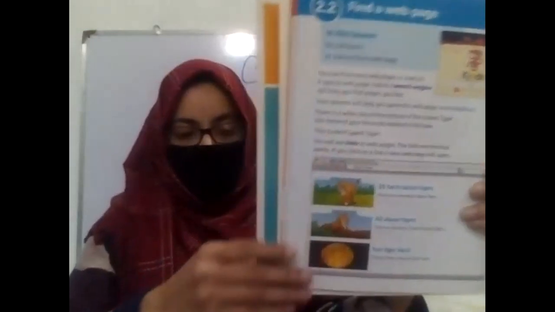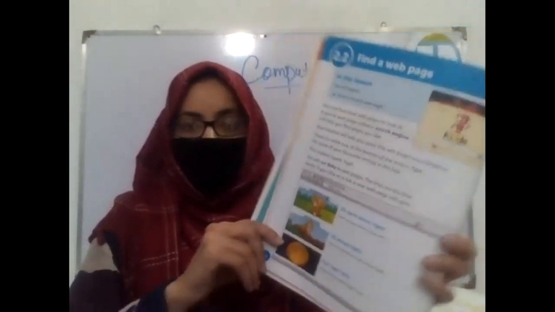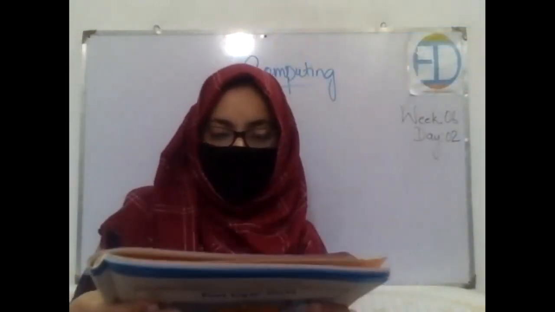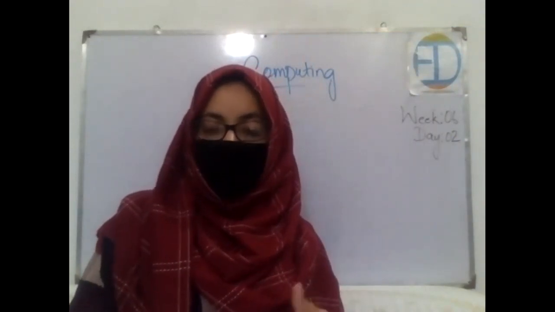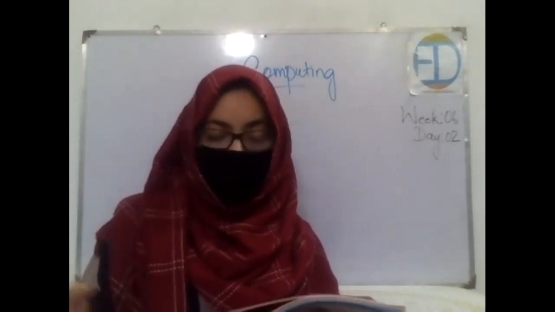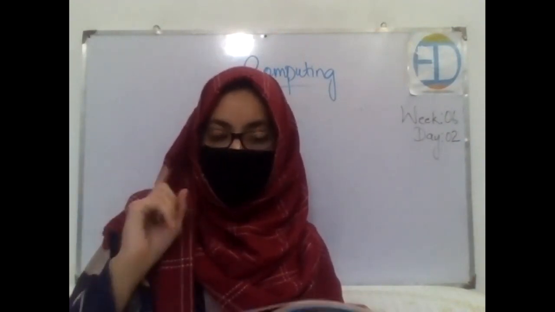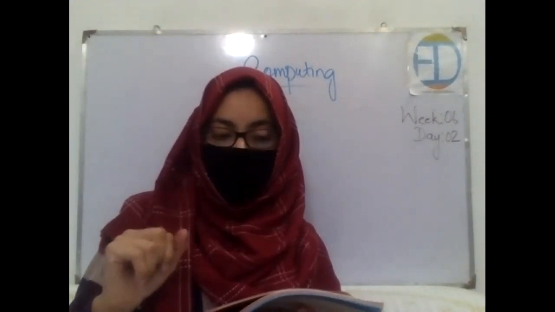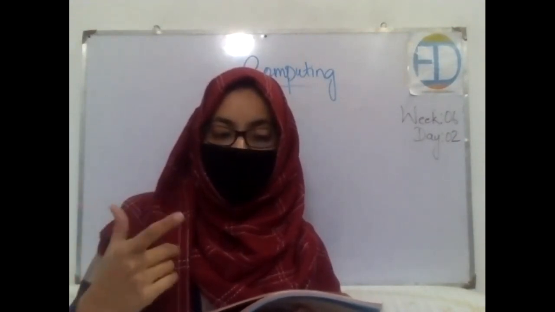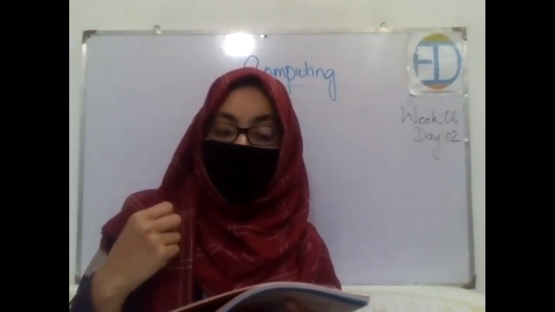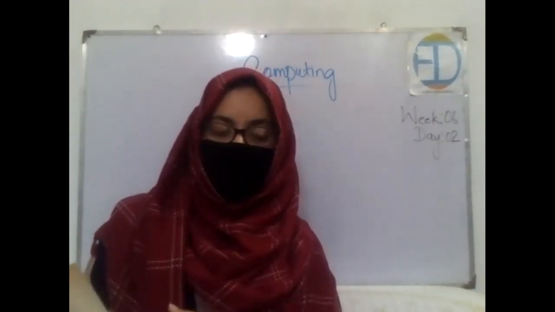This is your book, page number 24, that we will be doing today. You can use Kindle, or any of that. What are the steps for that? The very first thing is, as it is given in your book, that you can find more web pages to look at. A special web page called a search engine will help you find pages you like.